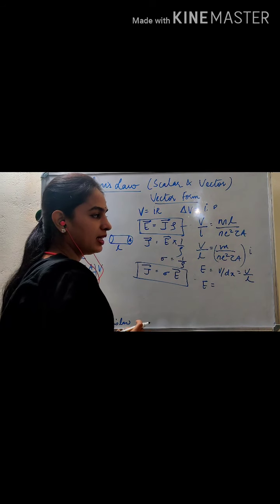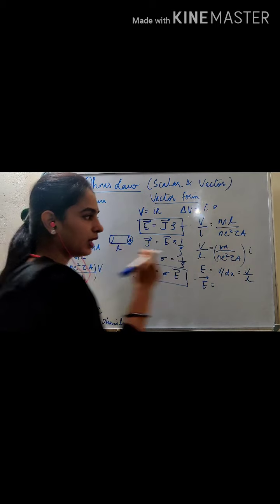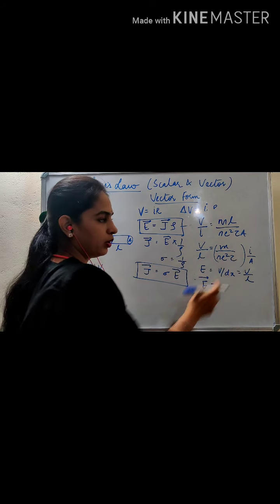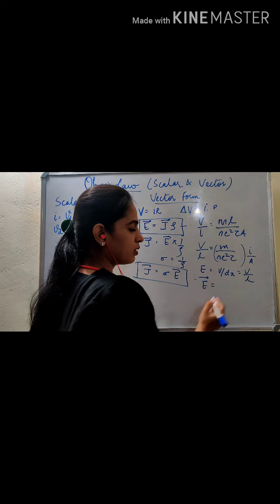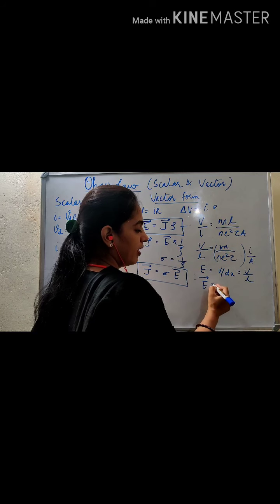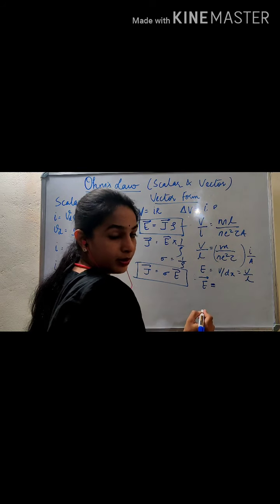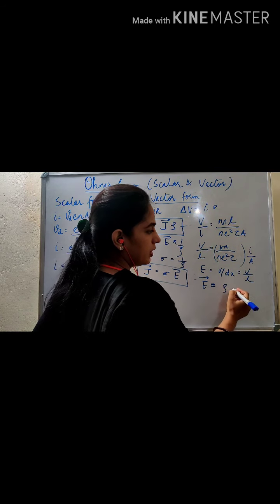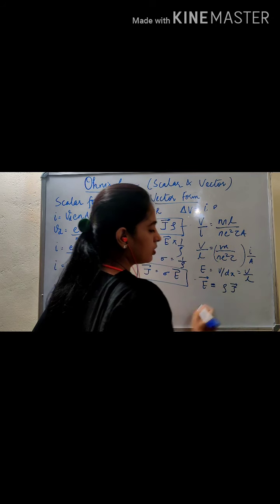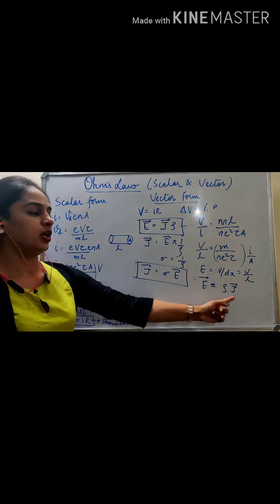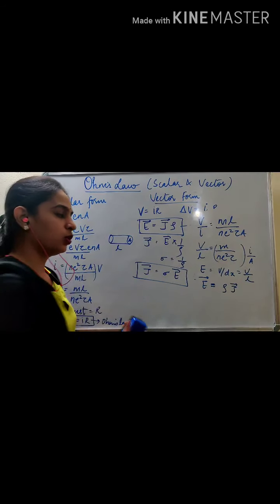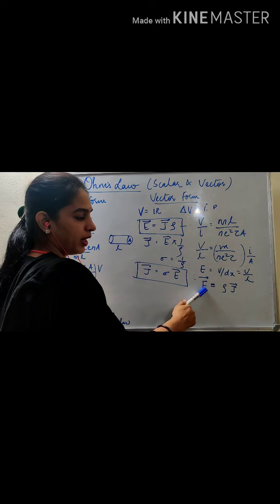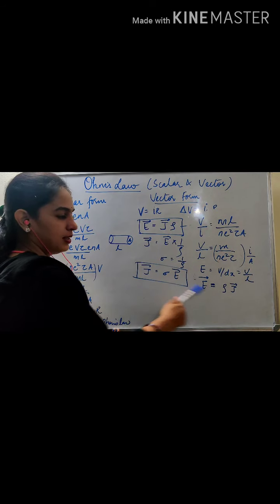What is m upon n e squared tau A? This can be written with A outside, as I by A. What is m upon n e squared tau? We've already discussed this when we were discussing electrical resistance and resistivity. So m upon n e squared tau is resistivity rho, and I by A is J. So E is equal to J rho, or E is equal to rho J. When you take this rho to this side, that becomes 1 by rho. So J is equal to 1 by rho E, or J is equal to sigma E. This is one and the same thing.